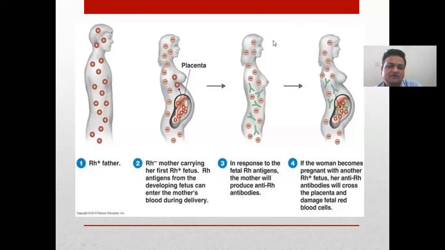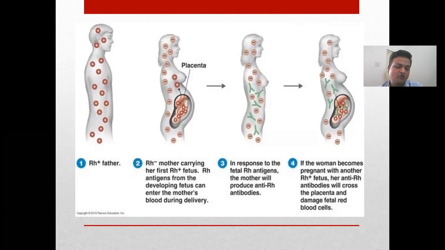Anti-Rh antigen develops, at that time the baby is born with Rh negative. See, if the woman becomes pregnant with another Rh positive fetus, her antigen antibody will cross the placenta. So at this time, Rh negative antibody crosses the placenta and damages the fetal red blood cells. Once it crosses the placenta, the mother is having the Rh positive, so automatically,